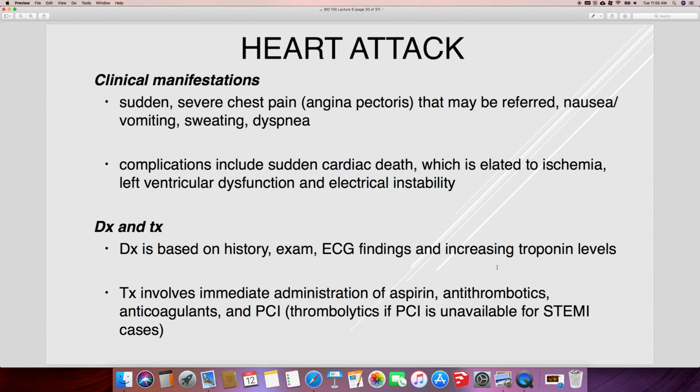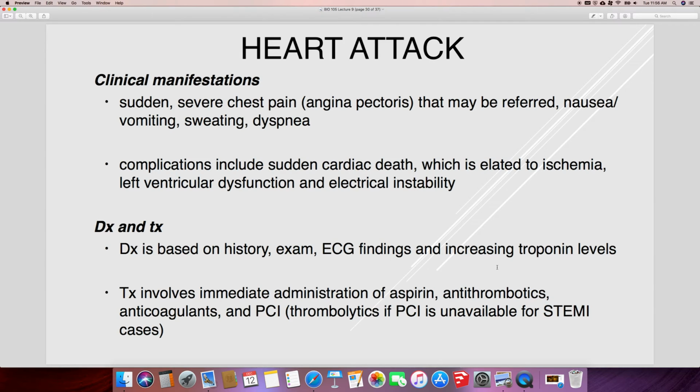So clinical manifestations: sudden severe chest pain, crushing chest pain. Chest pain is known as angina pectoris. This pain may be referred. Also nausea, vomiting, sweating, dyspnea, sometimes a feeling of impending doom, but that's really more associated with other cardiac events. Complications, of course, sudden cardiac death. So if it's a very major blockage of a coronary artery, that can cause sudden cardiac death,